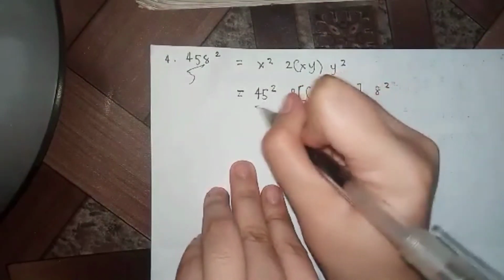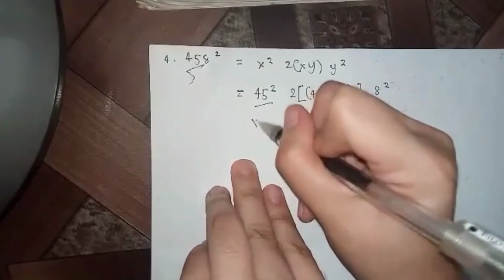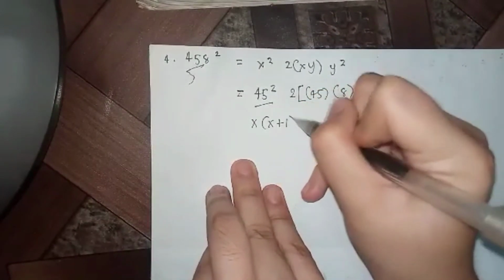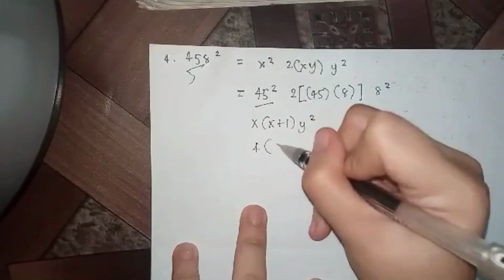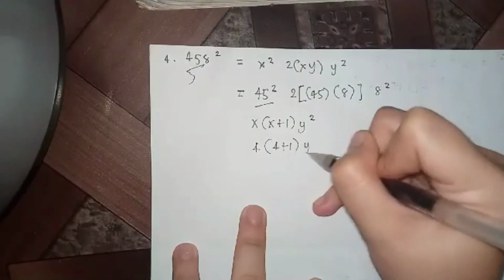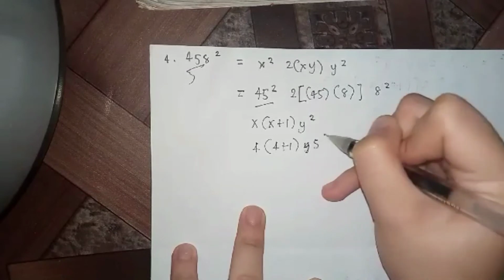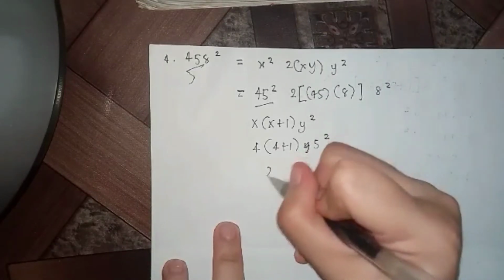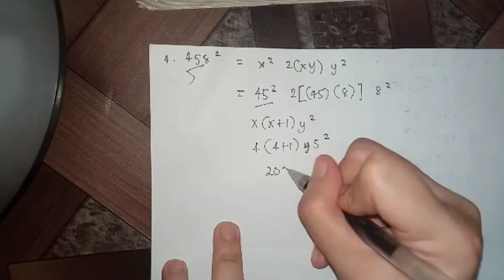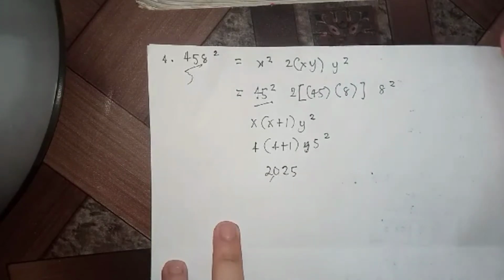So since 45, we can apply our first conjecture. So our x here is 4. So 4 plus 1 is 5. 5 times 4 is 20, 5 squared is 25. So 45 squared is